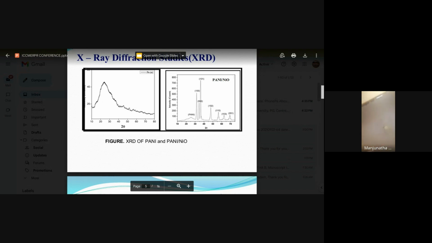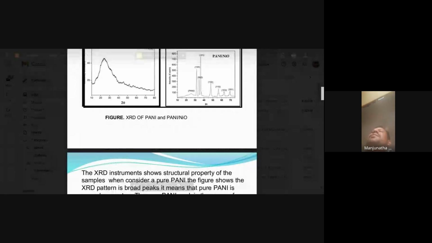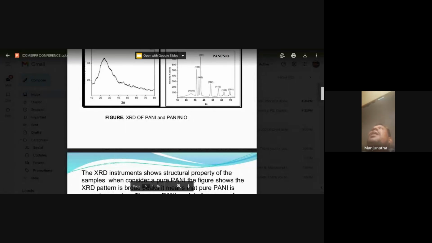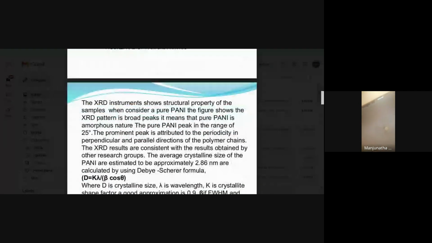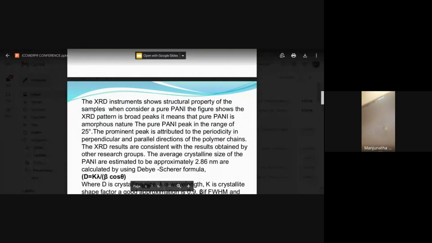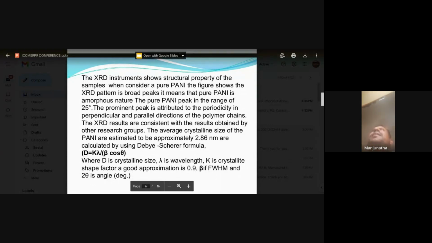and the fourth is the crystal planes. With the help of the formula for d_hkl, one over d squared equals h squared plus k squared plus l squared, you can find out, and then with the help of Origin graphs you can draw it like this. The XRD instrument shows the structural properties. When considering pure Pani, the figure shows that the XRD pattern has a broad peak, it means that pure Pani is amorphous in nature,